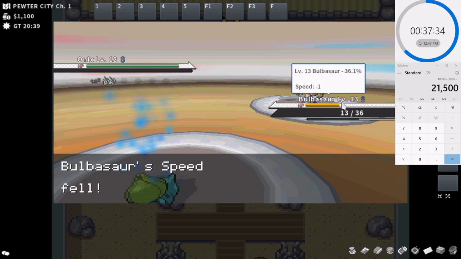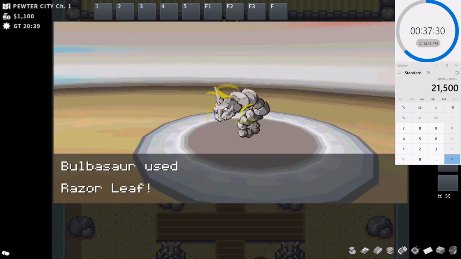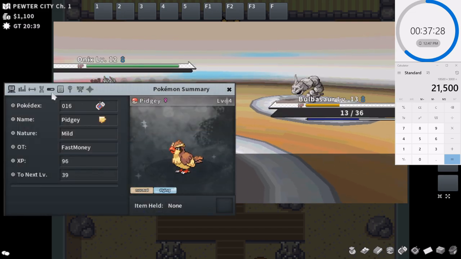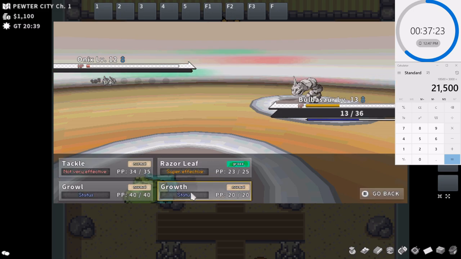That is rough. How much damage did that do to me? I didn't quite see it, unfortunately. We do get the Sturdy proc. That's so good. Do I have Quick Attack on this Pidgey? Oh, no, I do not. Okay. Because I don't have Quick Attack,